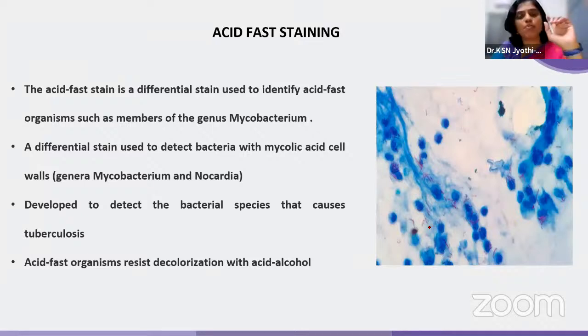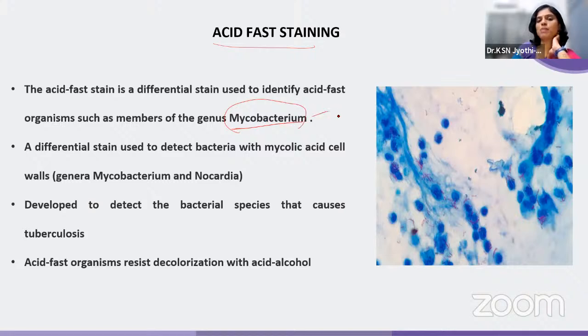Okay? So the first type of differential staining that we understood is gram staining. Very important. Now the next type of staining is acid-fast staining. This is specifically related to bacteria belonging to the genus Mycobacterium, those bacteria that are prominent in causing tuberculosis. So when we get a sample and want to rule out whether a patient is positive for tuberculosis or not, let's say we first do a primary staining, gram staining, and identify. Then when we want to confirm whether that sample is positive for tuberculosis or not,